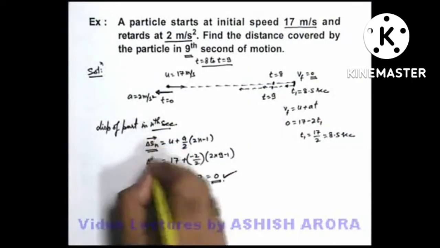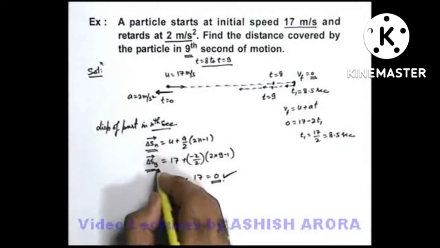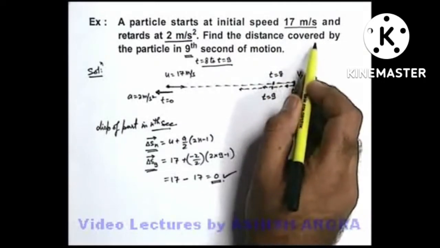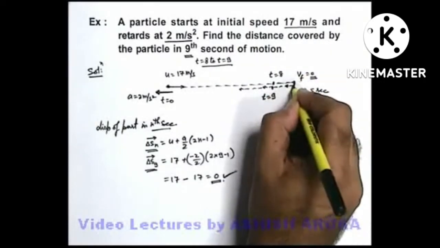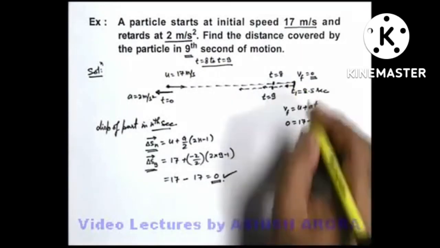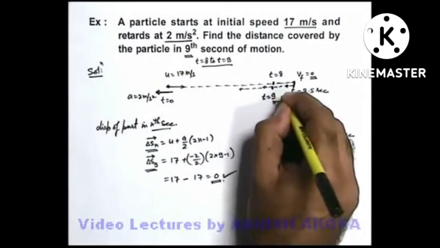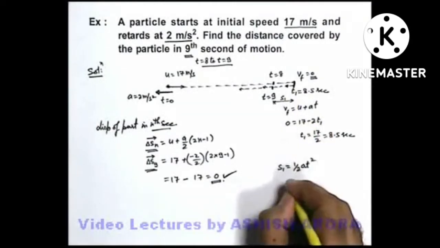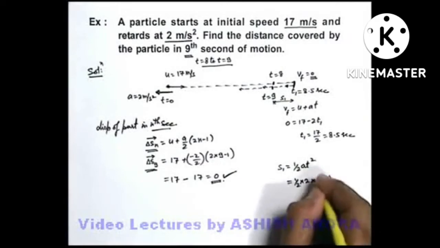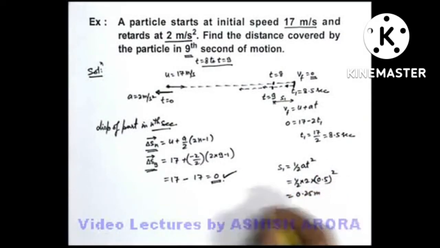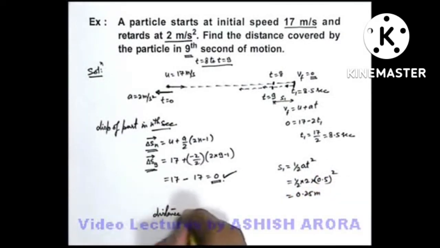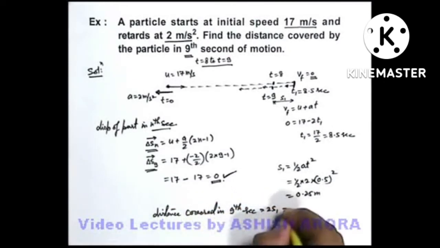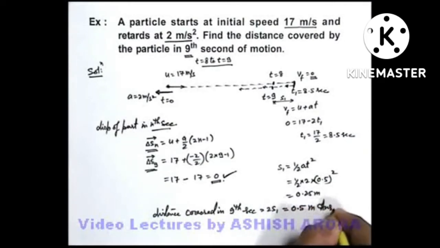Because this is the formula for displacement in the 9th second, it is not giving us the distance, and in the question, it is asked to find the distance covered. So we can easily calculate it by finding the distance covered by the particle from rest within 0.5 seconds, and we make it twice. If this distance is s1, then s1 can directly be written as half a t square, as the initial speed here is 0. So this is half into 2 into 0.5 whole square, which is 0.25 meter. So we can directly write the distance covered in the 9th second as 2s1, that is equal to 0.5 meter, which is the answer to this question.